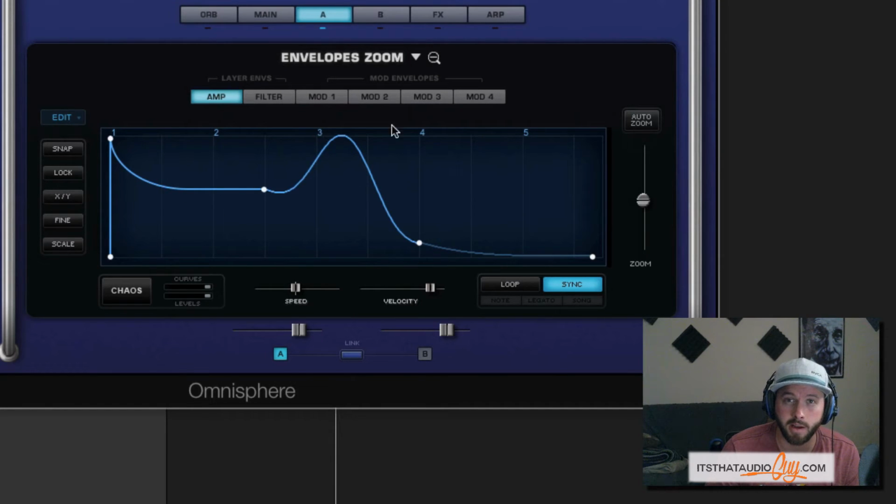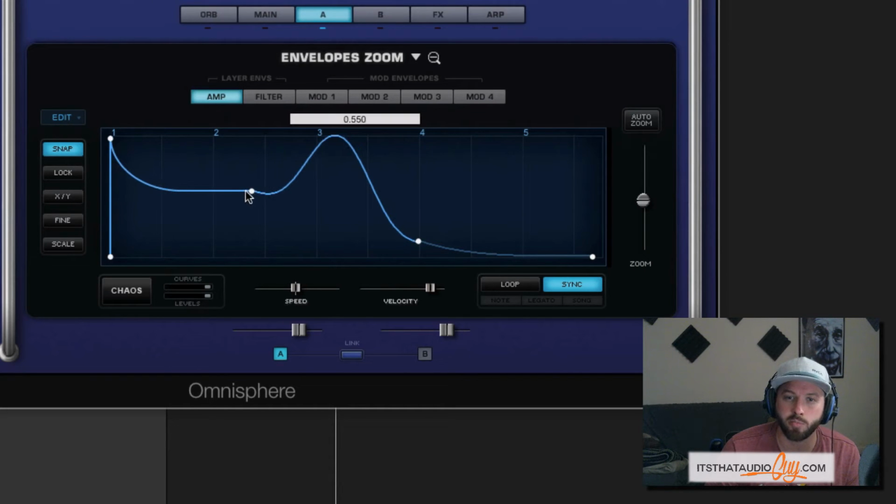It'll throw something like that into the envelope. All of these shapes can be moved around and adjusted. These tabs on the left also help with editing. If I toggle the snap icon, what that's going to do is snap all of these points to a grid